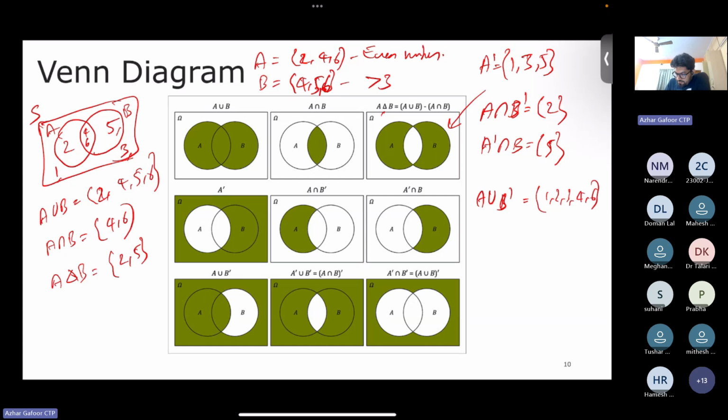And now we have A complement union B complement. So it's like combining the elements which are not common to both A and B. So if you see this one and this one,